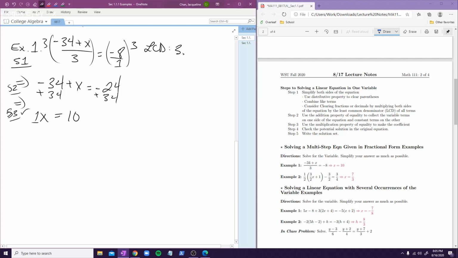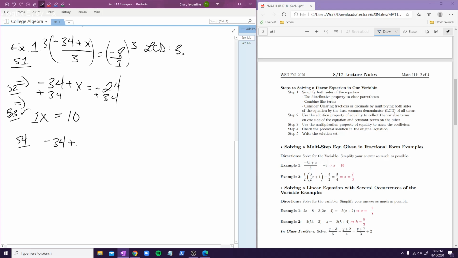So step 4, we're going to check the potential solution in the original equation. We're going to do that because sometimes, 1, we might have done something wrong, or 2, it actually will not work. So step 4, we're going to take the original equation,